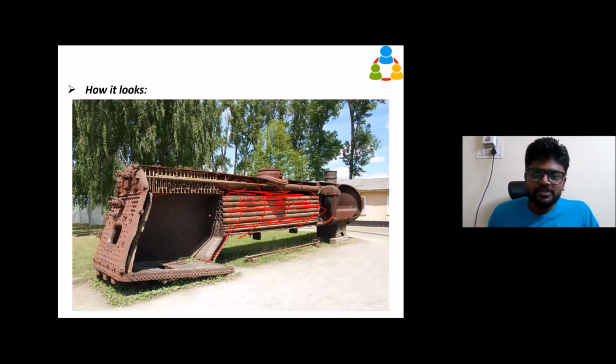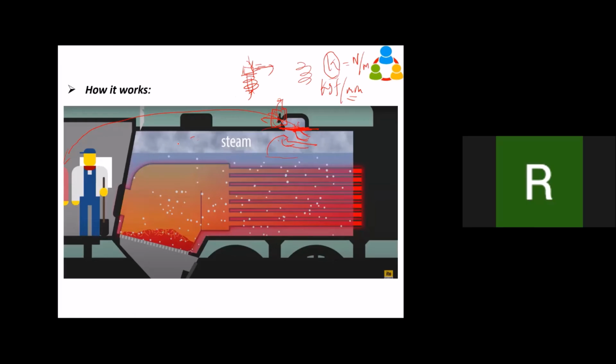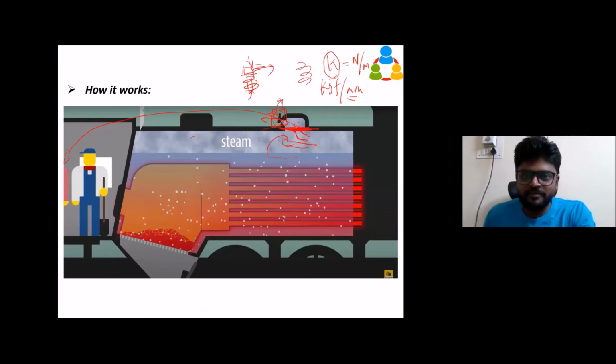So when the hot gases go through this fire tube, the heat is transferred to the water and the water starts to boil. So here you can see the steam dome is there. Everywhere steam pressure will be there, but we are going to collect the steam from the dome only. Everywhere steam will be there, but we are going to collect the steam from here.